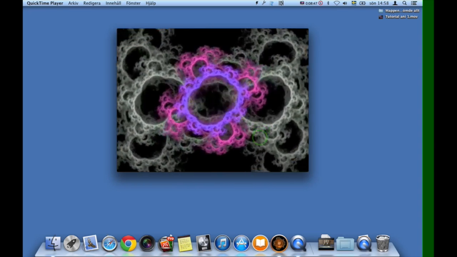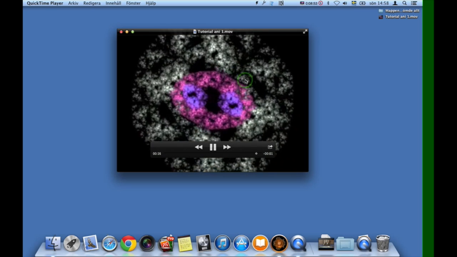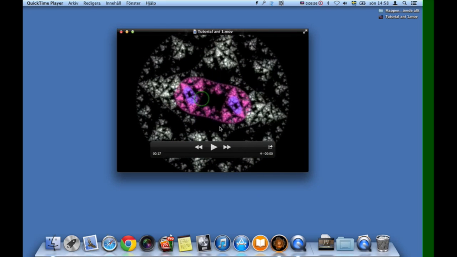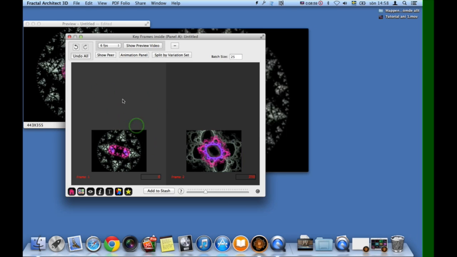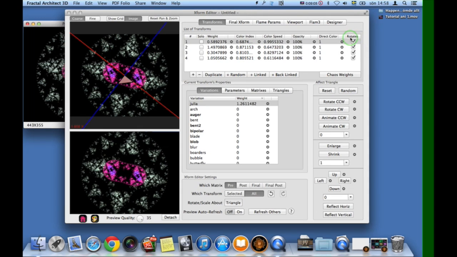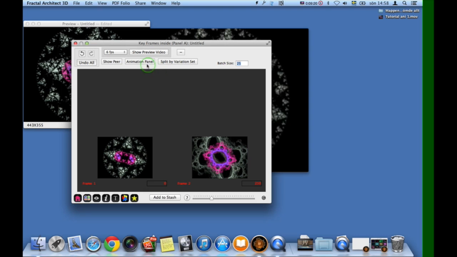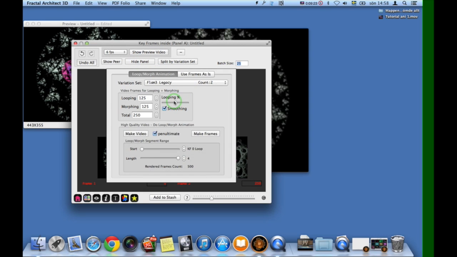The looping setting is what governs the rotation of the shapes. And if we go back to Fractal Architect and look at this, here it says rotates, and that the transforms that are ticked here, they will rotate when there is looping in the animation. Let's go back here. The looping will rotate the transforms, and the morphing will morph between